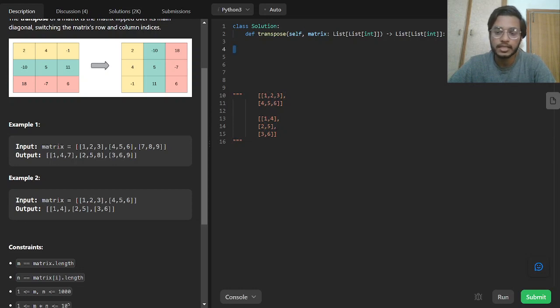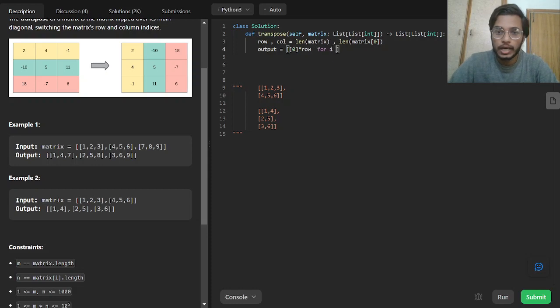So that is the stretchy part. Otherwise this is a pretty easy problem. So for starting we'll be having a row and column. So for length of matrix, that will give us row, and for the column we will have length of matrix at 0. Okay, so we'll be making our output matrix, where we will have 0 at each position of row. So if row is 2, then obviously we are going to have a list of 2 where every value is